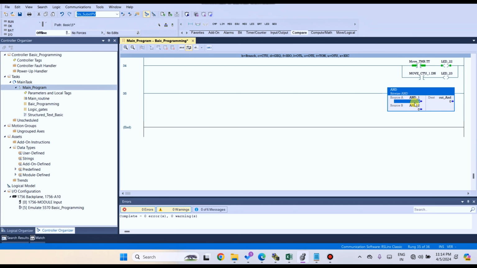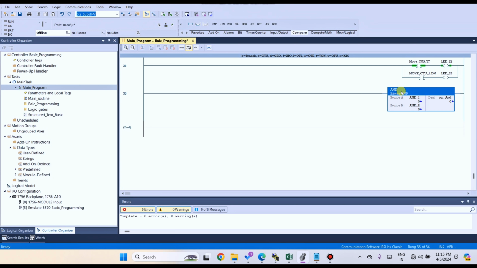If source A is 1 and source B is 0, then the output will be 0. If source A is 0 and source B is 1, then the output will be 0. If both conditions are 1, then the output will be 1. It is the normal condition of the AND gate. But what is the difference between an AND gate made with contacts and the AND gate block?